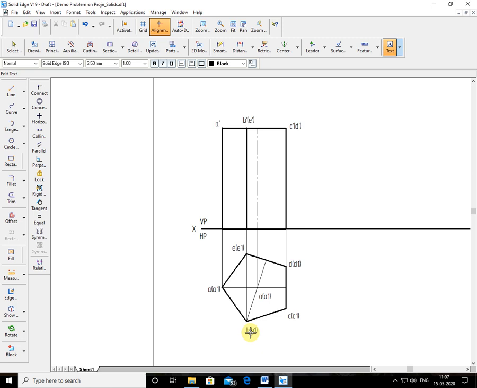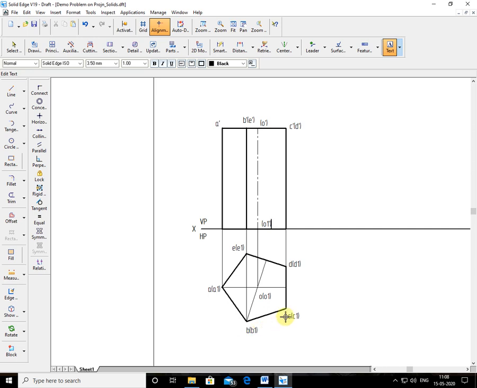Now here it is O dash, so it should be in bracket. Why? Because O dash is at the center of the face, so the O dash comes in a bracket. So this is the O1 dash. Now here at the bottom, A1, B1, C1, D1, E1 is the bottom base.